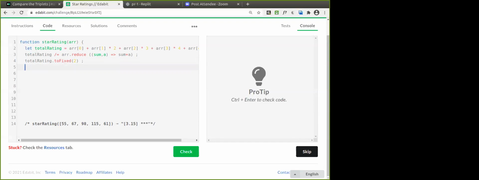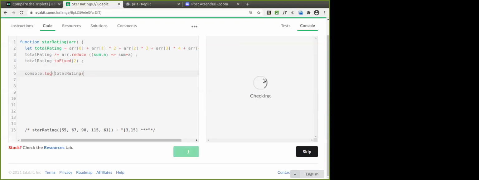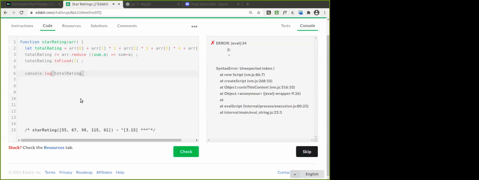Fine. Now let's console this one and see what we are getting actually. Is that clear? console.log total rating. Is that okay? What is missing here? Reduce. One more bracket.